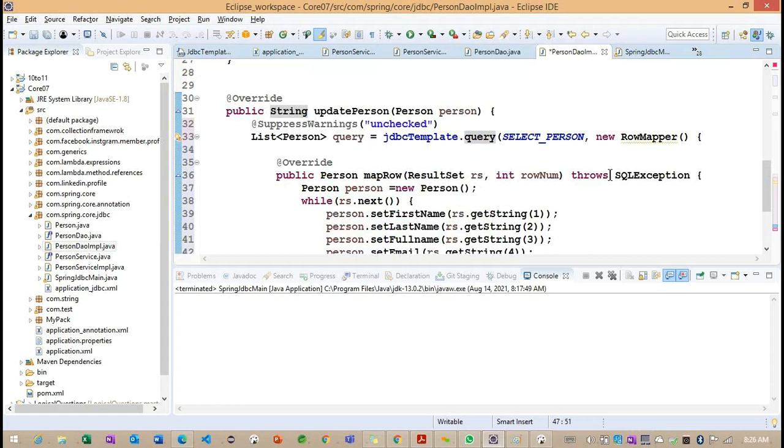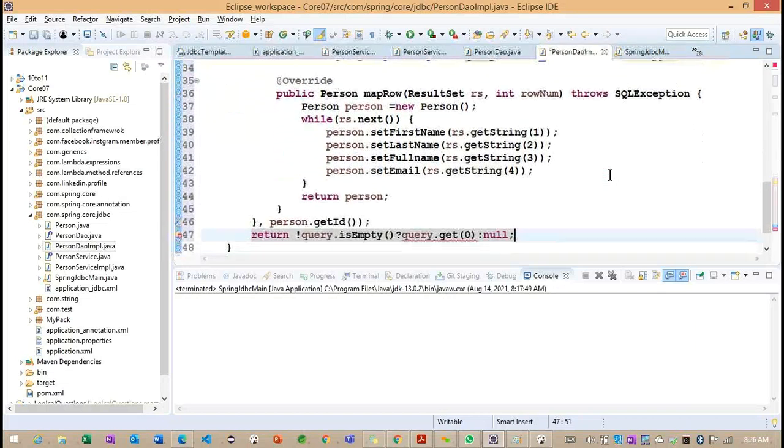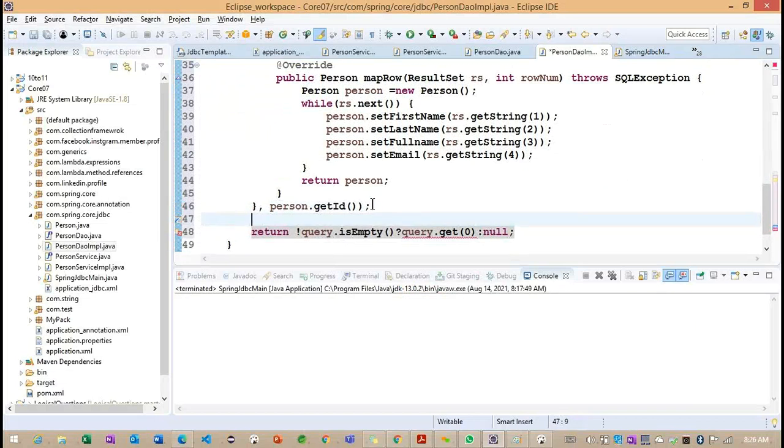Person to string. Okay, so method is expecting person to string, right? Okay, so instead of returning here, we need to update.